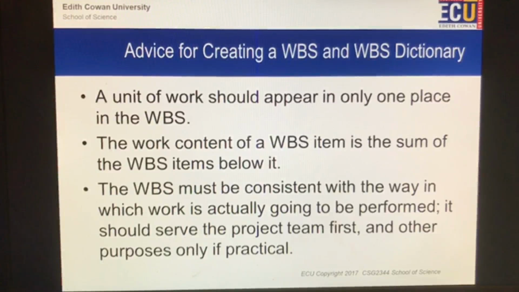And the work content of one of these items is the sum of the work breakdown structure items below it. So if you do subdivide a particular heading into different subheadings, it's important that they retain their connectivity with that original work breakdown structure item. Work breakdown structures have to be consistent, reliable in the way in which they document the way work's going to be done. You can't have it done one way and then change tack and do something in a different way,